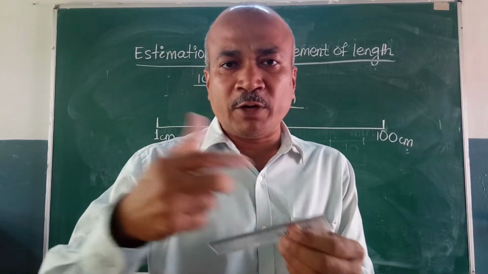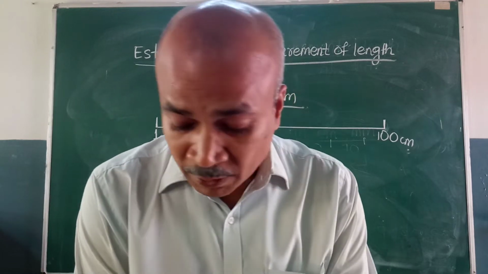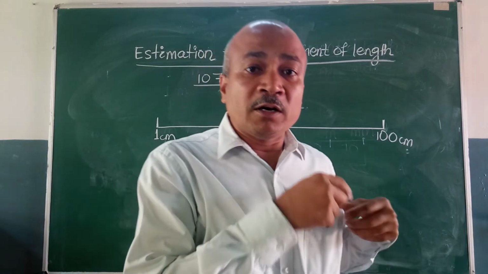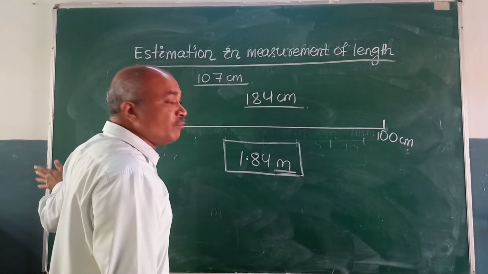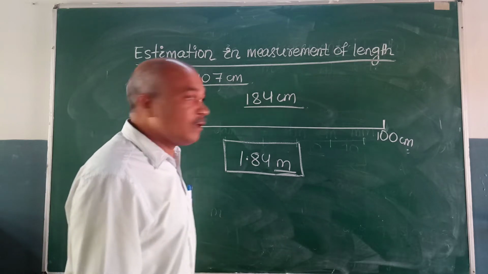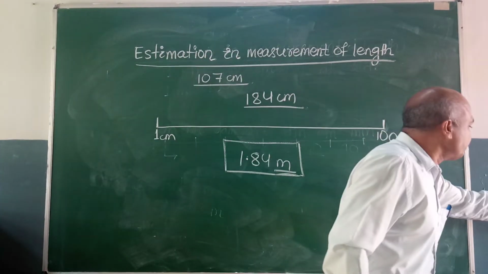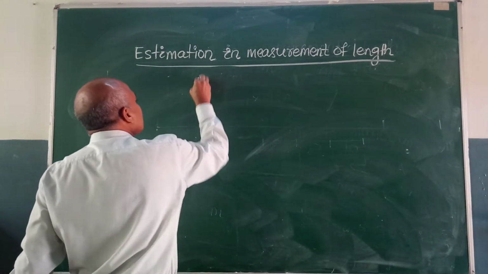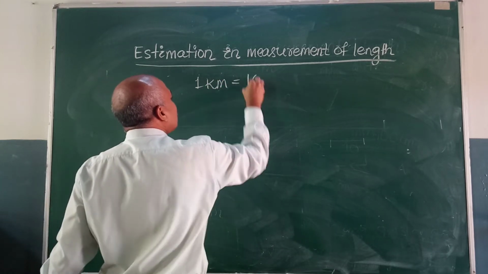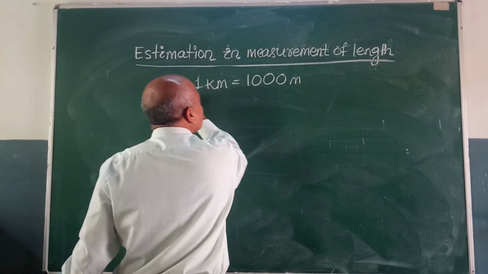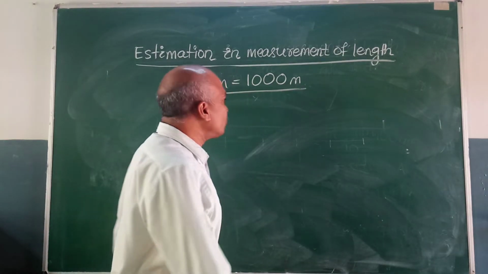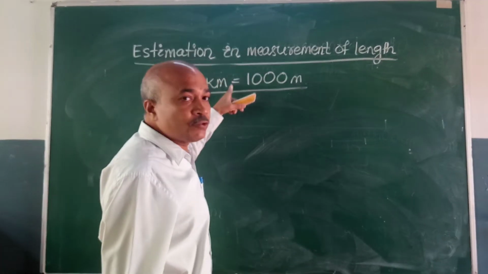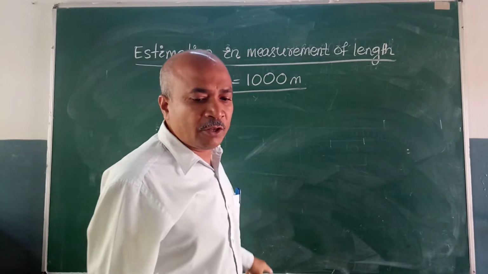So these are the units. Where you will take millimeter, where to take centimeter, where to take meter, then where to use the kilometer. Kilometer, where you will use for the distance which will be more than the meter. Okay, and you know that 1 kilometer is equal to 1000 meter. Okay, so longer distances will be measured by taking kilometer as the unit.